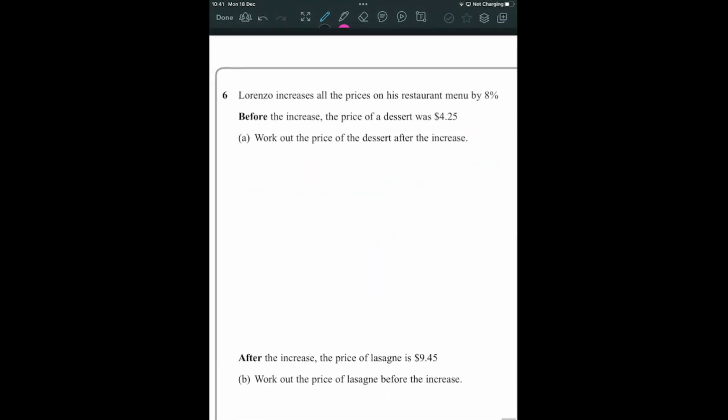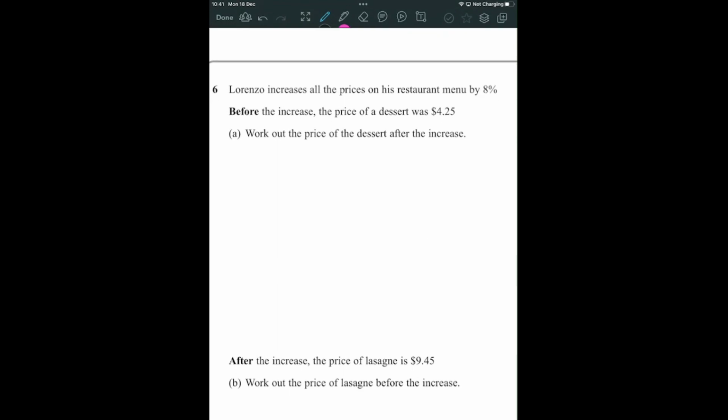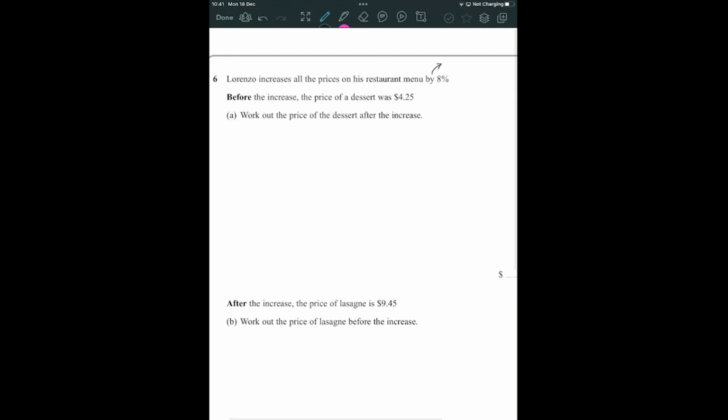Question 6, some percentages. We're increasing all the prices in our restaurant by 8%. Before I even read on, I've got a strong feeling that I'm going to need the multiplier here. An increase by 8% is a multiplier of 1.08. Before the increase, the price was $4.25, and we want to find it out afterwards. We're going forwards in time, so the multiplier multiplies. 4.25 times 1.08,